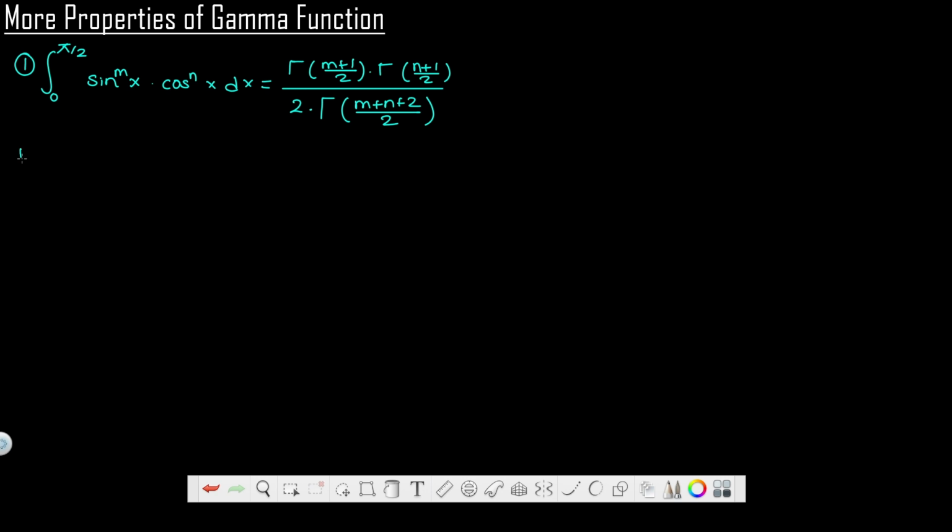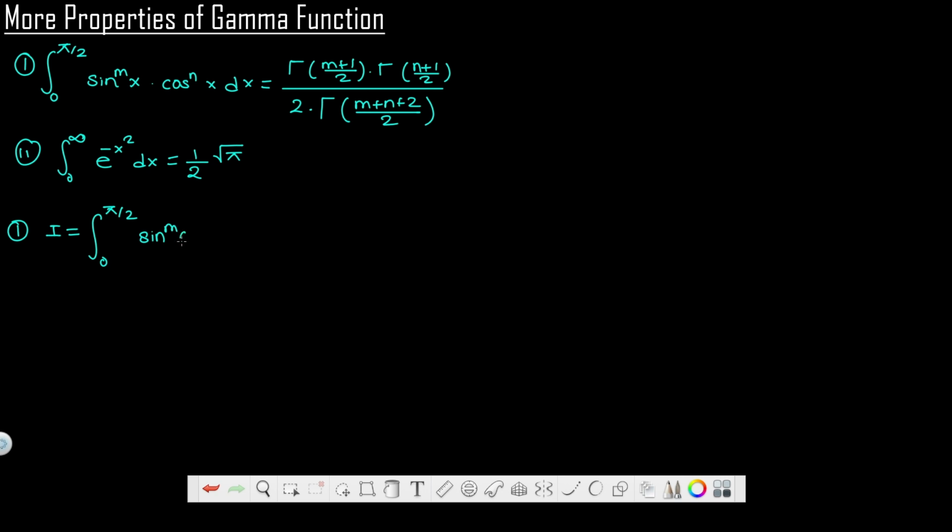And the second property is the integral from 0 to infinity of e to the power minus x square dx equals 1 over 2 times the square root of pi. So these are the two more properties of gamma function, and we will prove these two properties. So for the proof of the first property, we have the integral I equals the integral from 0 to pi over 2